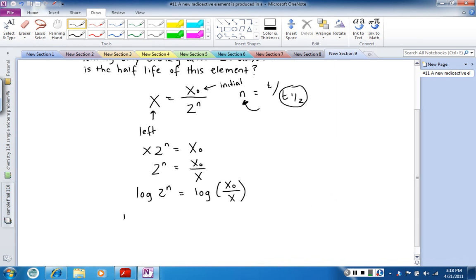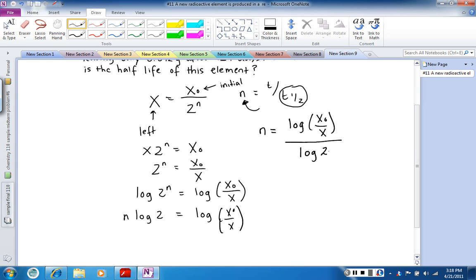So we have n times log 2 equals log x naught over x. So then to isolate n, we're going to divide log 2 by both sides. So log of x naught divided by x over